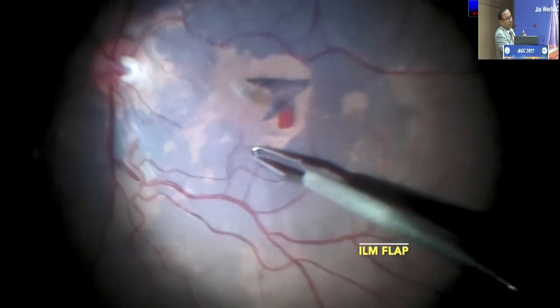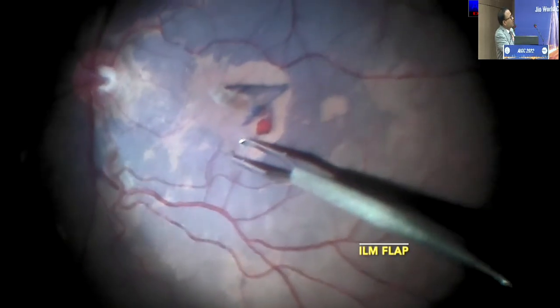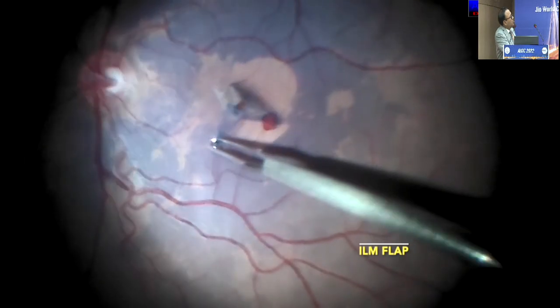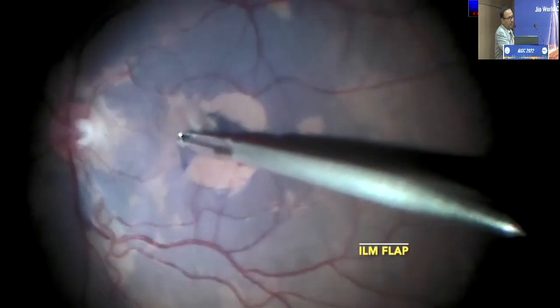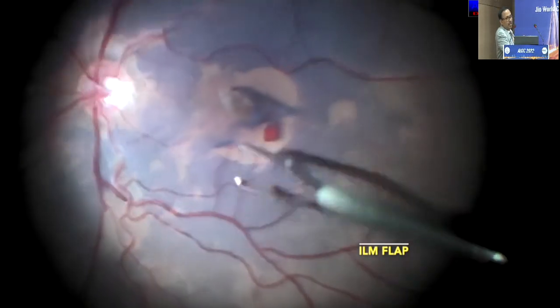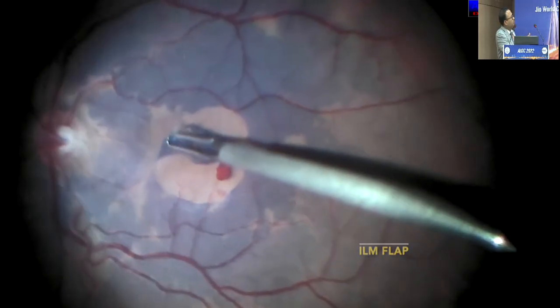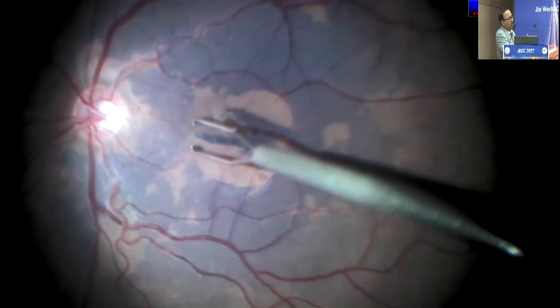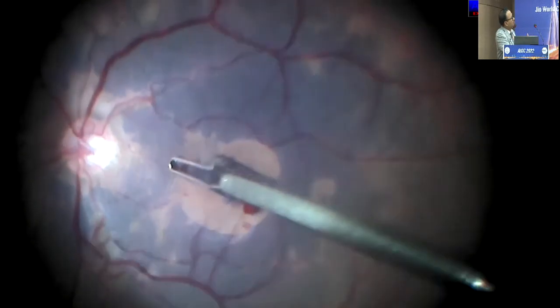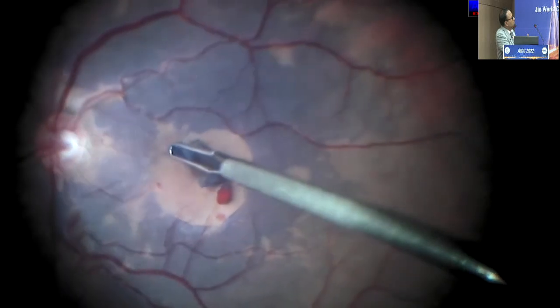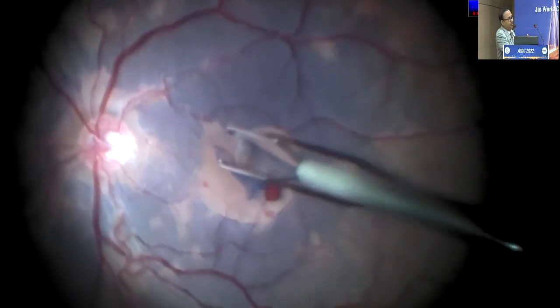Now you can see a very good stained ILM. Now you start making the ILM flap. So you don't deroof the ERM, and you don't deroof the ILM also. So you just do what you actually do in an inverse flap. You make a flap, an ILM flap, a circumferential ILM flap, and once it is freed from the peripheral ILM,